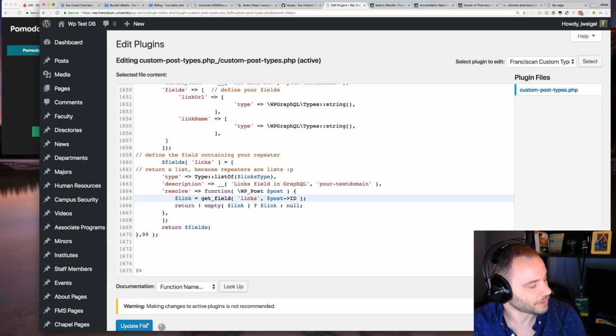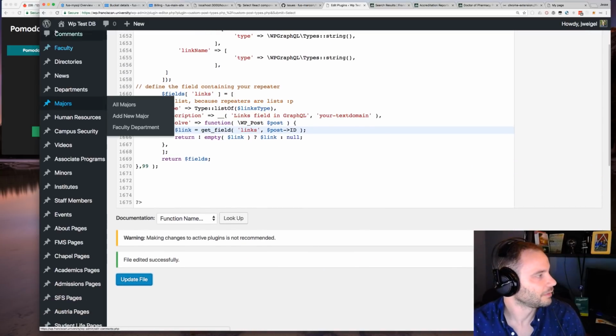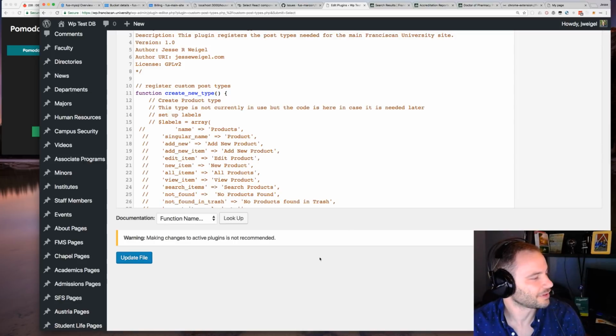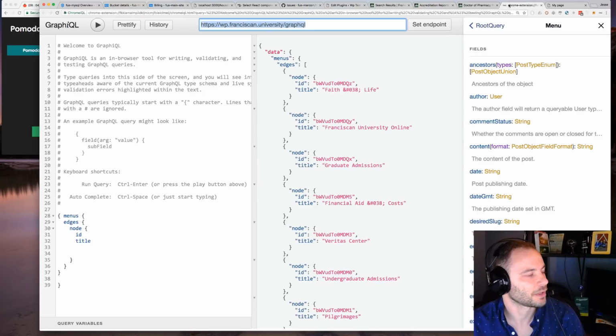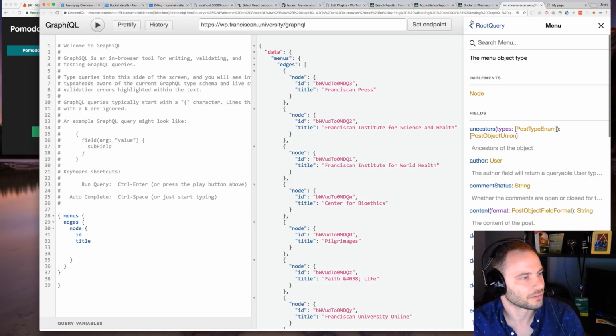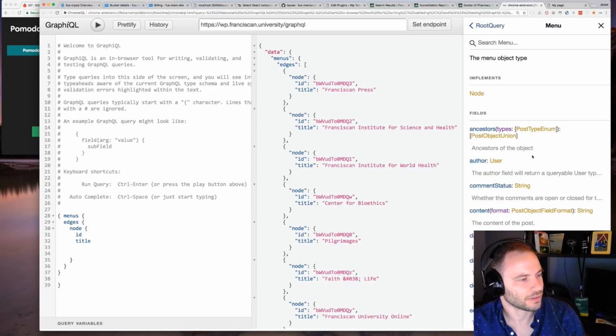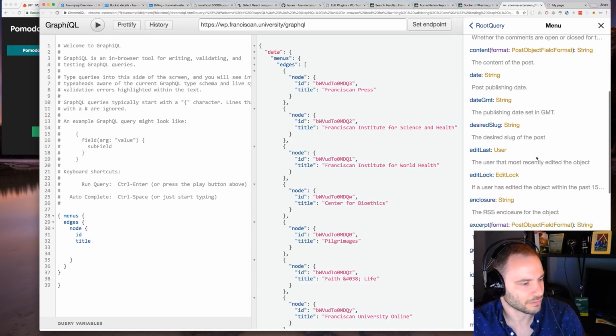And let's update. And hopefully we don't get a white screen. Hey, great. I'm going to refresh just to verify. Yeah, no weird white screen. That's awesome. Now let's go back here and I'm just going to run that. I'm going to click on menu again and see if we can